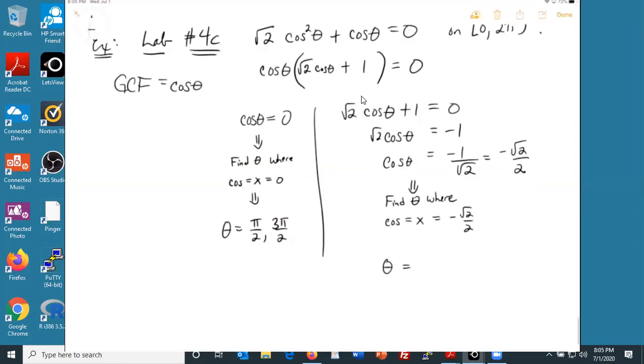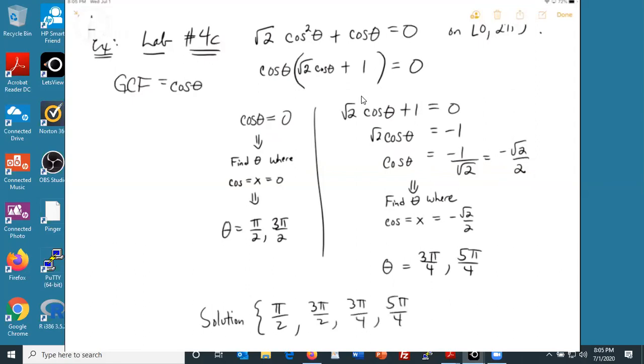Okay, so on the unit circle, those would be at, I'll let you look those up later, but I'll tell you right now they are 3 pi over 4 and 5 pi over 4. That would be in quadrants 2 and 3. You'll find those values where x is negative radical 2 over 2. So therefore, my solution set has 4 answers: pi over 2, 3 pi over 2, 3 pi over 4,